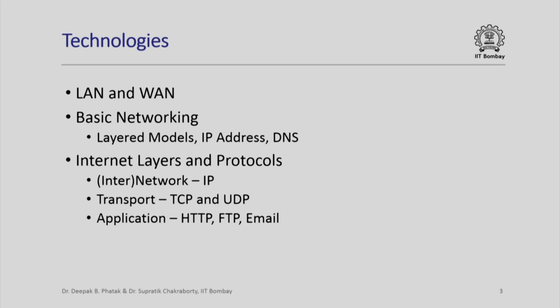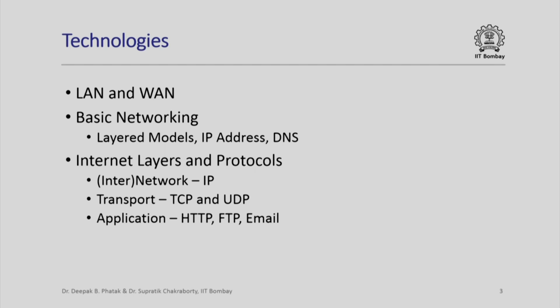You might have heard the terms LAN and WAN. LAN stands for local area network and WAN stands for wide area network. These terms have evolved when computers were first connected to each other in a single laboratory or in a room. Such networks are called local area networks or LANs. Nowadays, LANs encompass not just individual rooms, but even complete buildings.